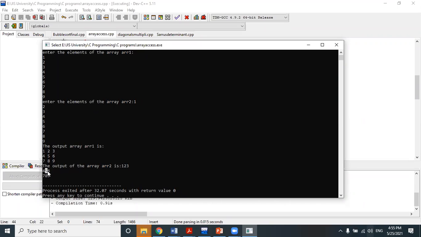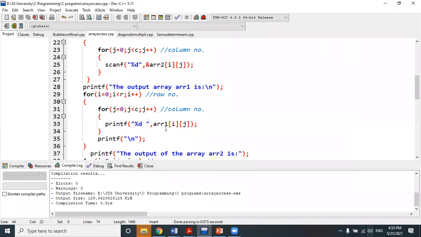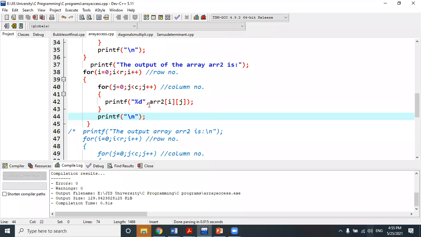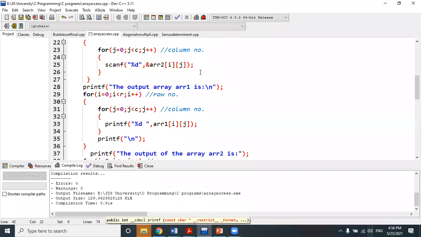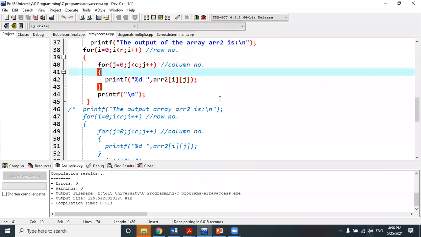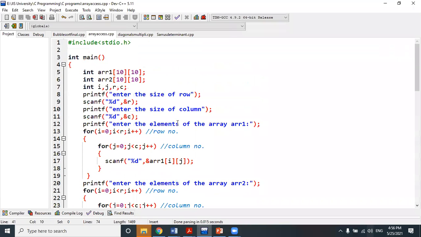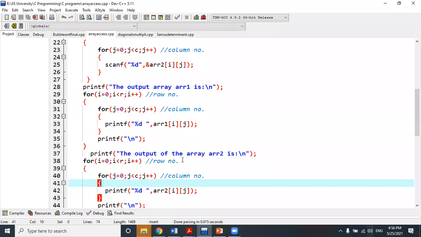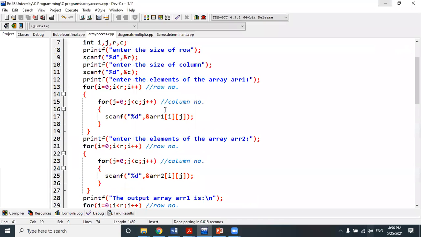And this is also looking like a matrix. Actually, I forgot to give a space. That's why these 3 elements are showing together. So in case of array 2, here I have to give the space and one new line as well. Clear? Did you understand how I can print an element, how I can access an element of a matrix? Is it clear to you? Yes, sir. Yes, sir. Okay.